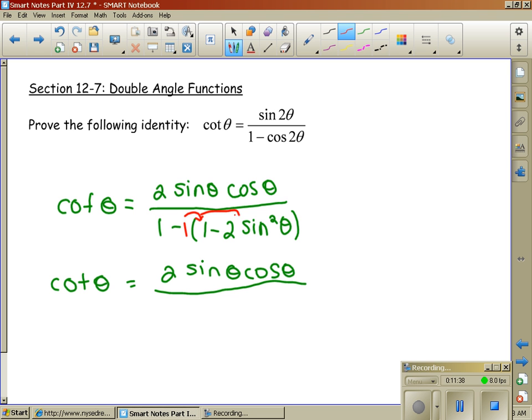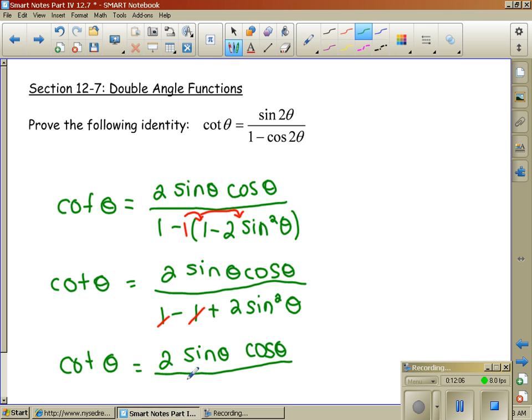So don't forget to carry that negative. So we have, maybe we'll write it all out, 1 minus 1 plus 2 sine squared theta. Okay, now you can see the ones cancel. So I have 2 cotangent theta equals 2 sine theta cosine theta